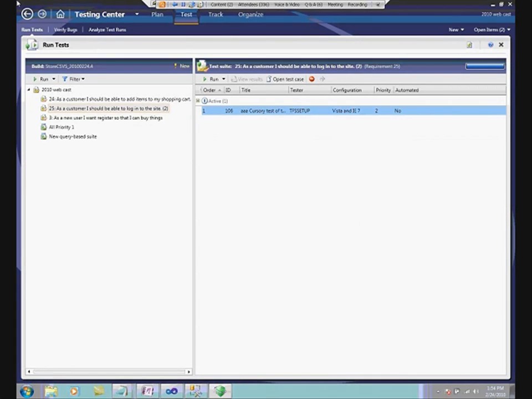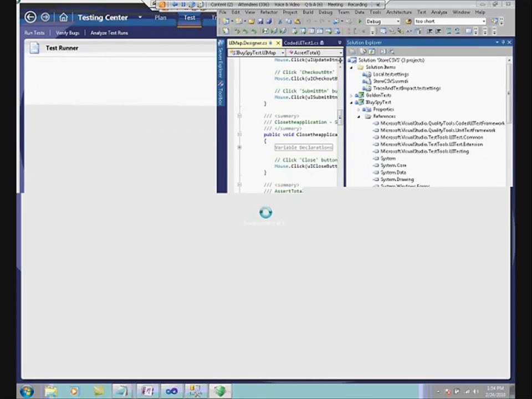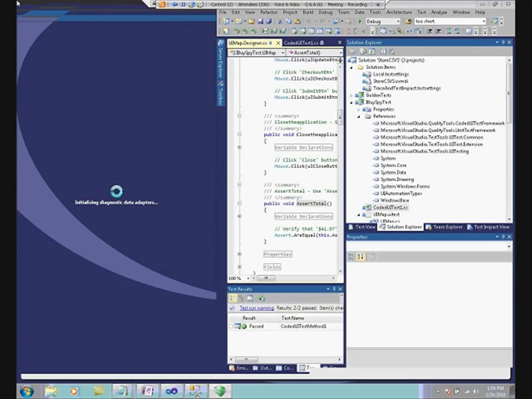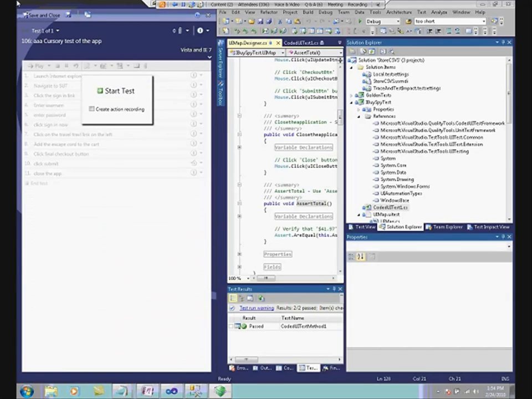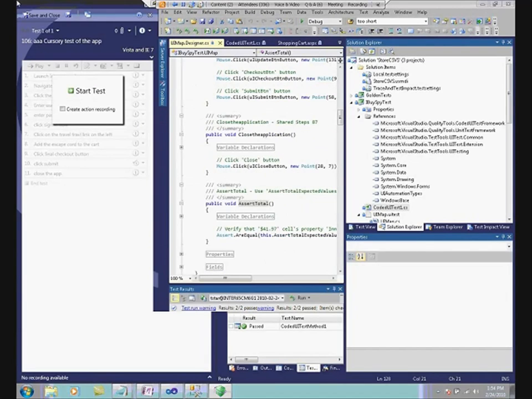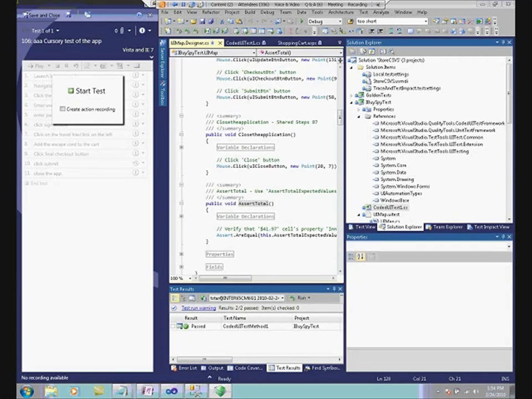Okay, let's go through and run a quick test. What you're going to notice right away is that I've got this recorder bar that by default is going to come up on the left side of your screen. This is called the test runner. This is docked too, so what I'm testing is actually going to show up here over on the left-hand side of the screen. This screen real estate is going to be a little tight, obviously, but we'll do the